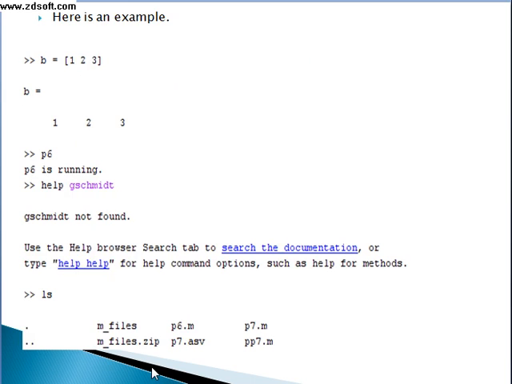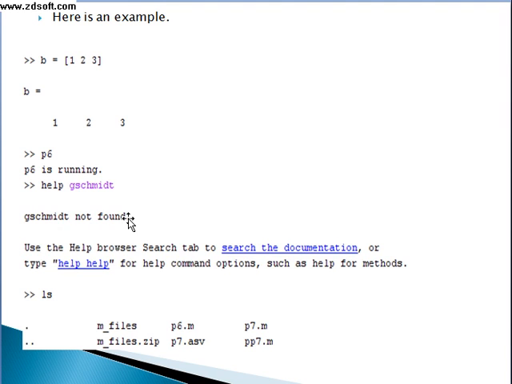Now here is an example for that second case. I am having a variable b123. I am entering that p6 file name. It will tell me that yes, it is running. Then enter help js, another file name that was jschmidt. It will give an error that it is not found.